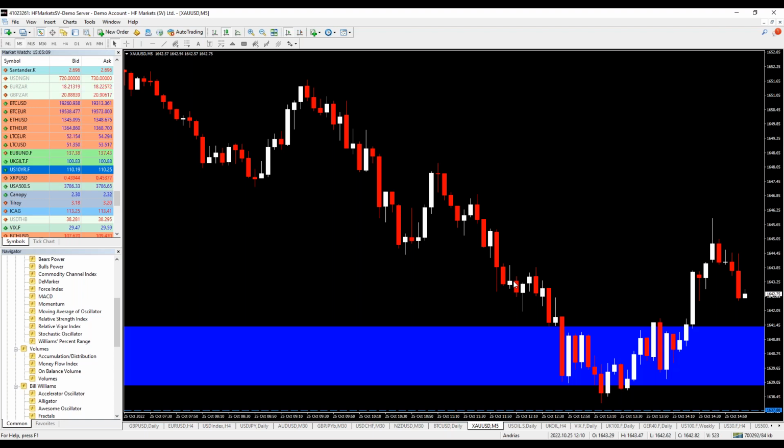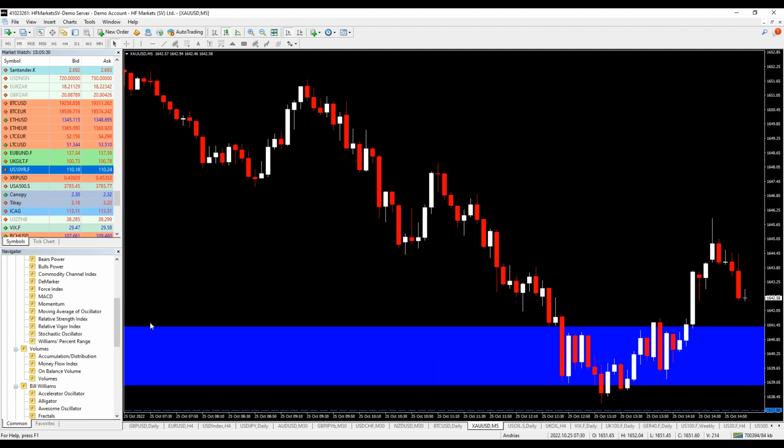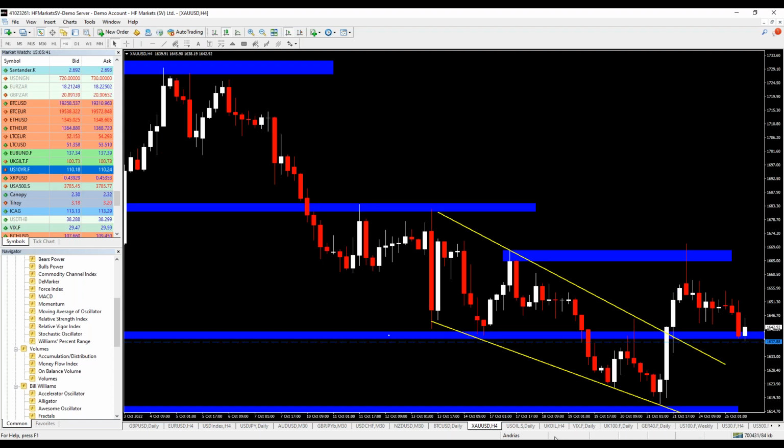Stick to the one that you prefer and try to find immediate support and resistance levels for the one that you have chosen. Okay, don't go up and down though. Don't try to spot levels like we did over here. We spot the support and resistance levels in a 4-hour chart. It doesn't make sense to go down to a 5-minute chart and use those support and resistance levels that I have found in a 4-hour chart. Okay, do you get what I mean? Hopefully you do.